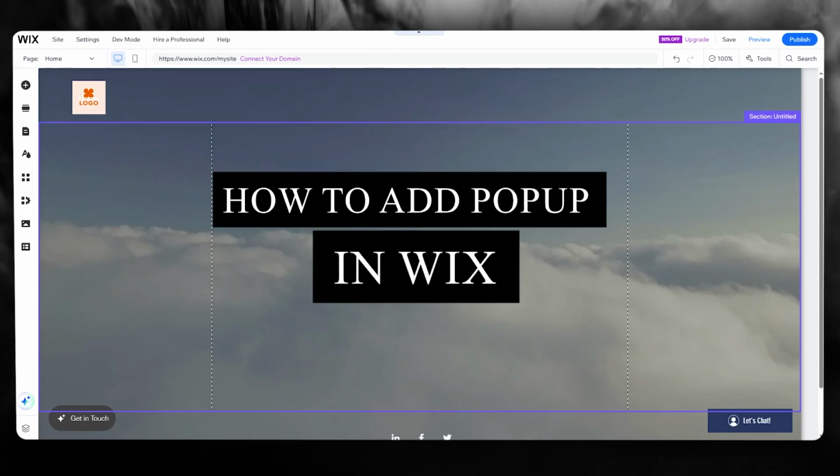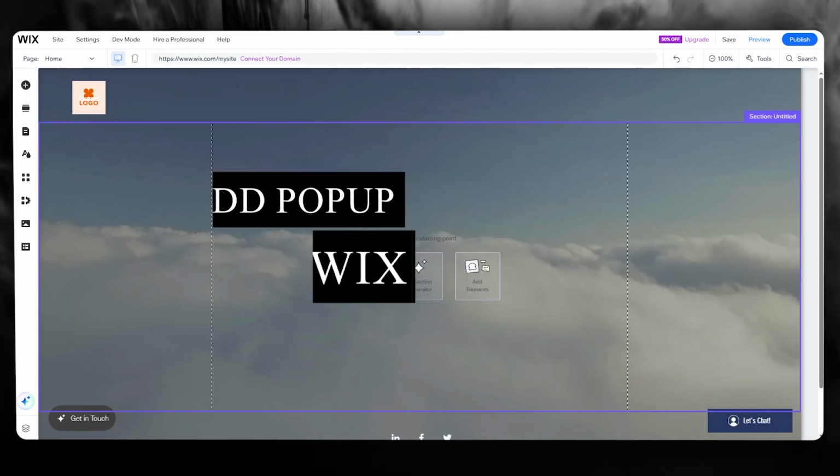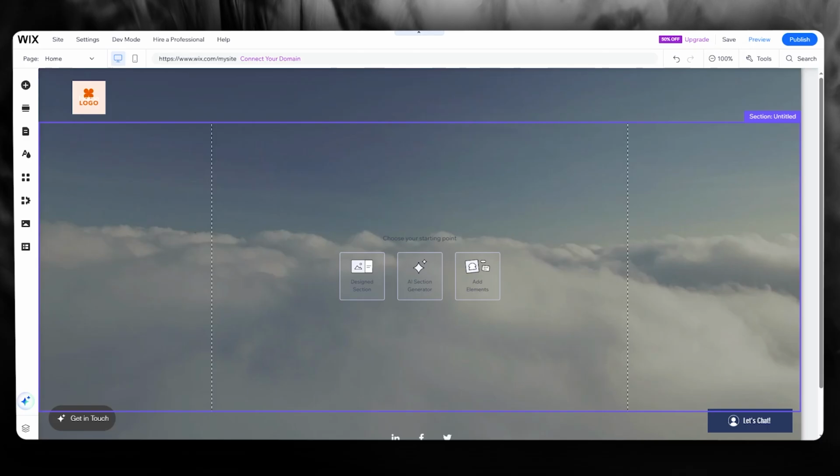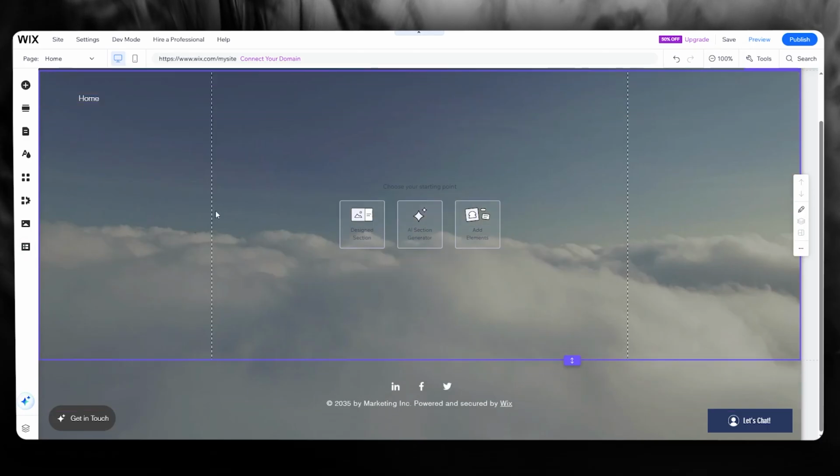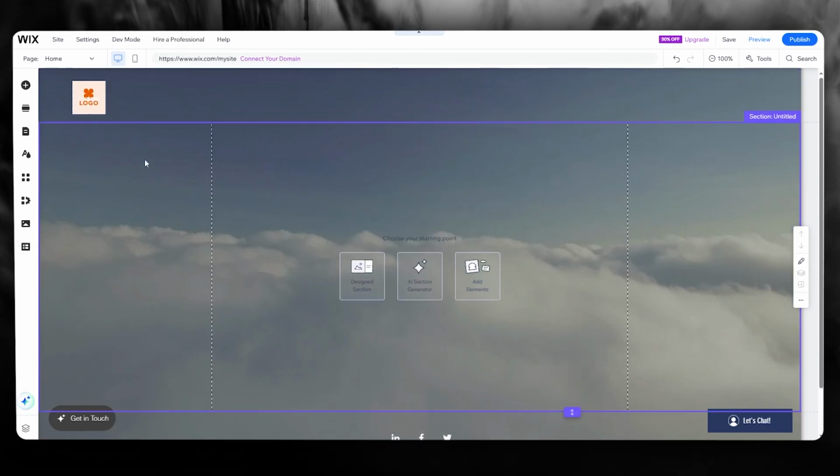How to add pop-up in Wix website 2025. In this video, we're going to be quickly talking about pop-ups and how you're going to add one in your Wix website. So to do this, what you're simply going to be doing is you're going to come over to